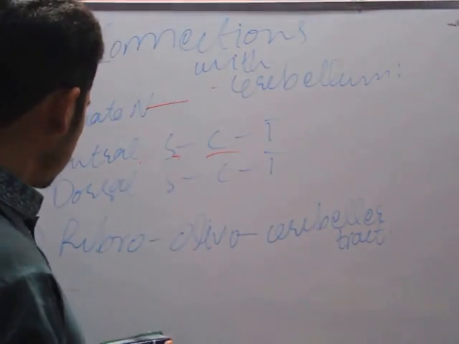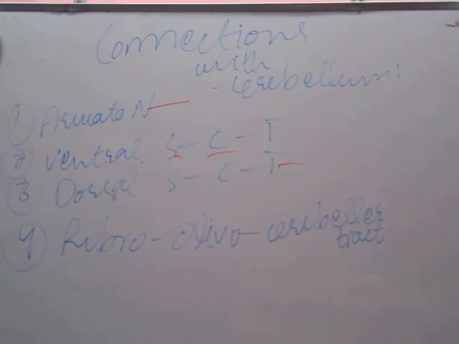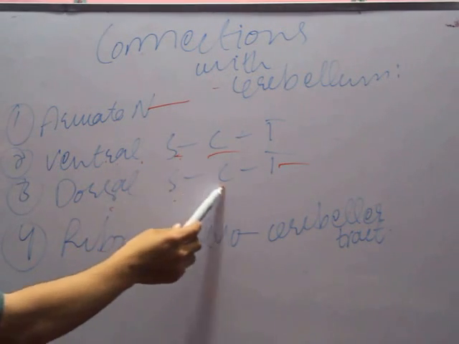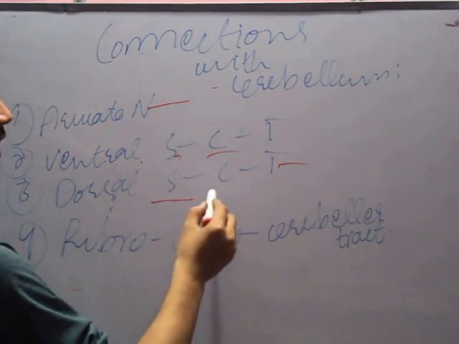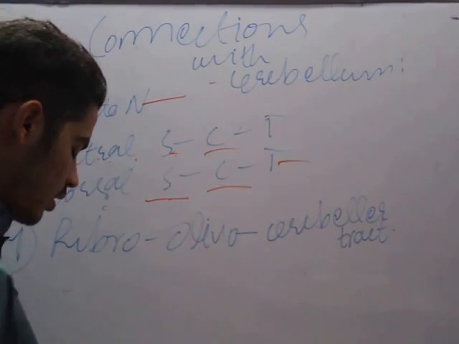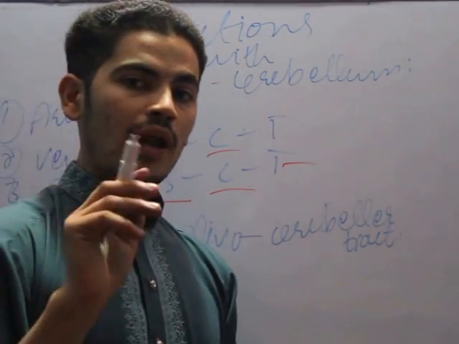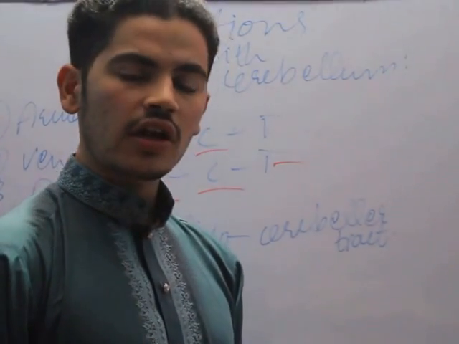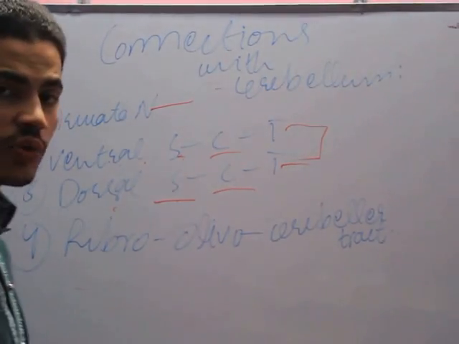So this is another pathway, dorsal spinocerebellar tract, which is also coming from your spinal cord and going to your cerebellum through the inferior cerebellar peduncle. While maintaining your balance, there is a lot of role of these two pathways, and it will help a lot